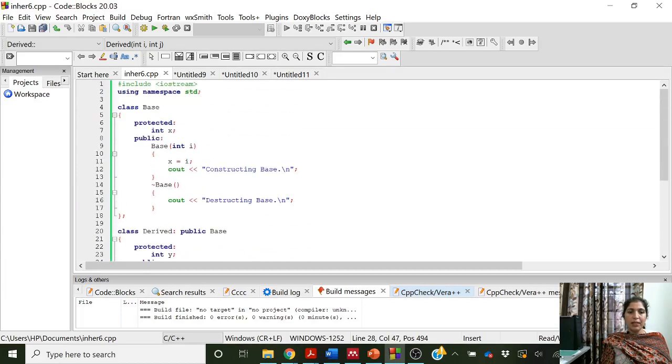Let us complicate this example a bit by using two base classes, base 1 and base 2.